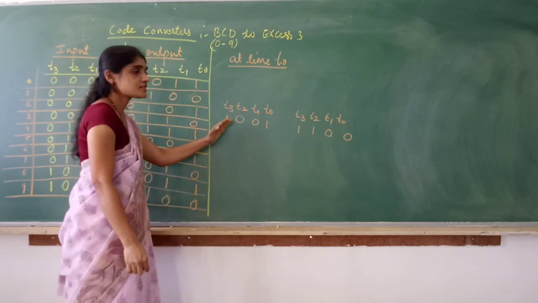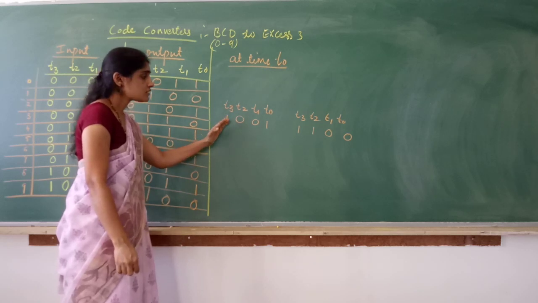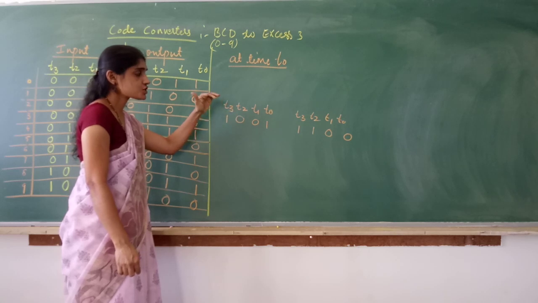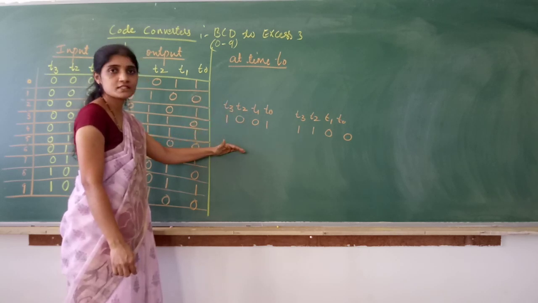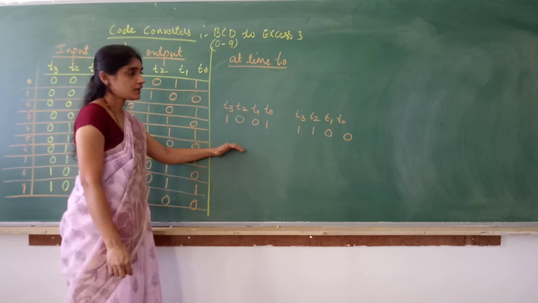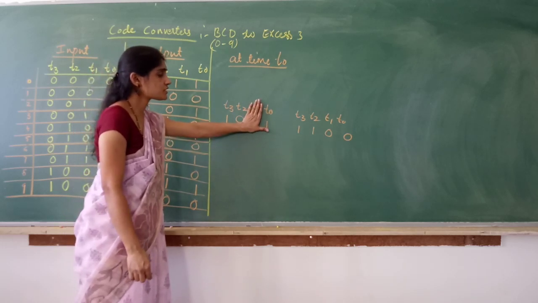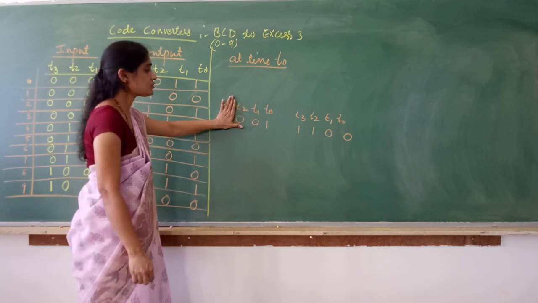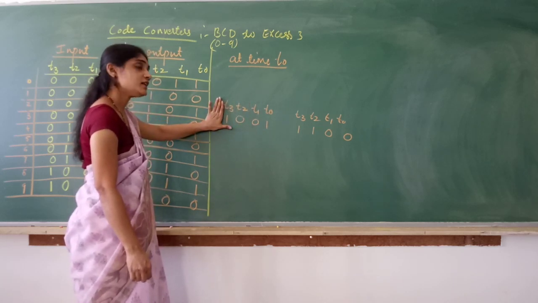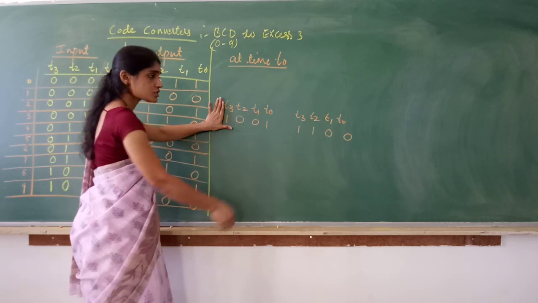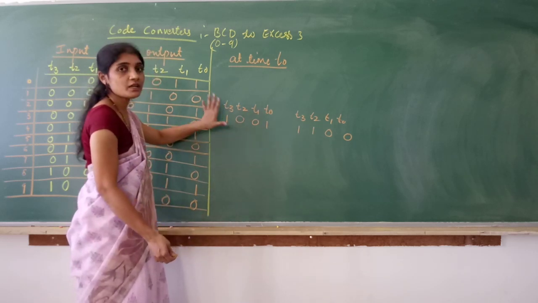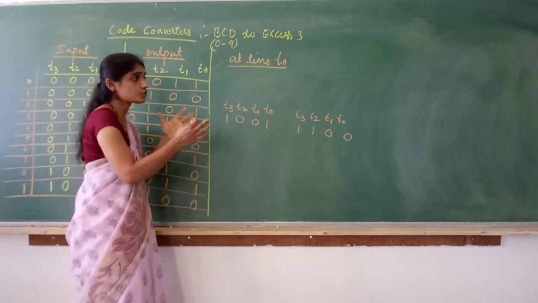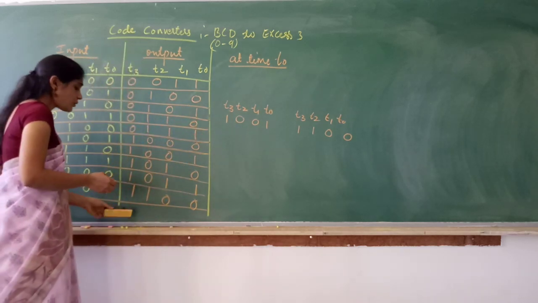And once I receive all the 4 bits, the circuit should reset. Reset means it should get ready to receive another 4 bits to convert. Are you getting it? At time T0 it receives the first bit, T1 the second bit, T2 the third bit, T3 the fourth bit. Once it receives the fourth bit and the conversion is done, the circuit should be ready to receive another 4 bits. That means it should get reset. This is how the circuit should work.